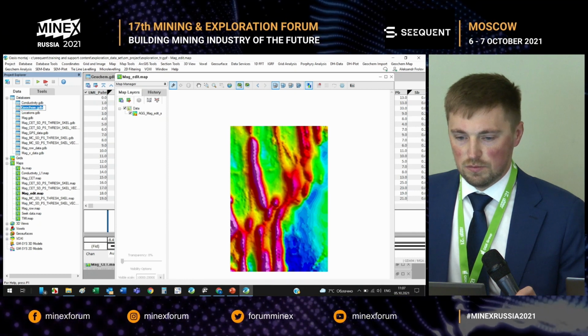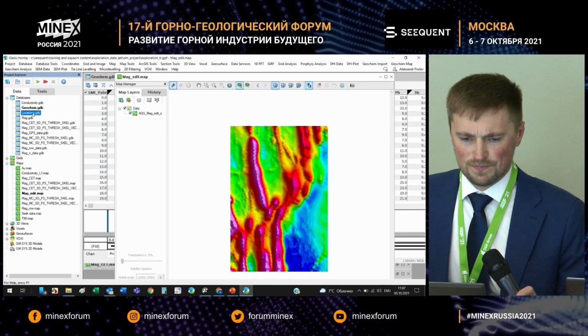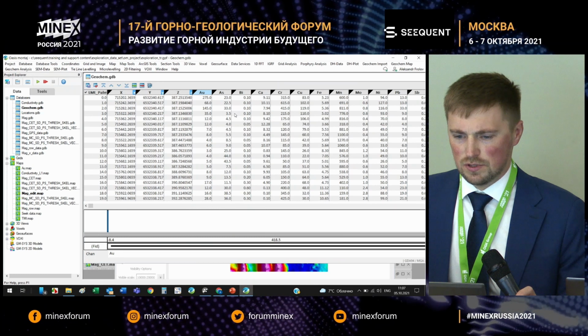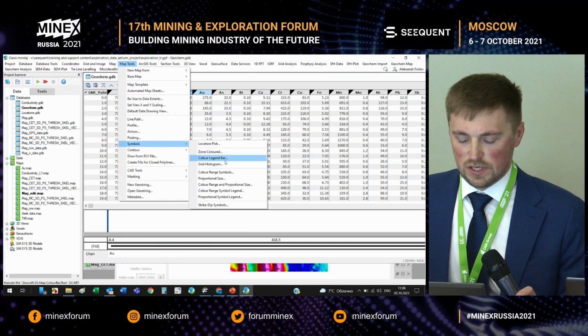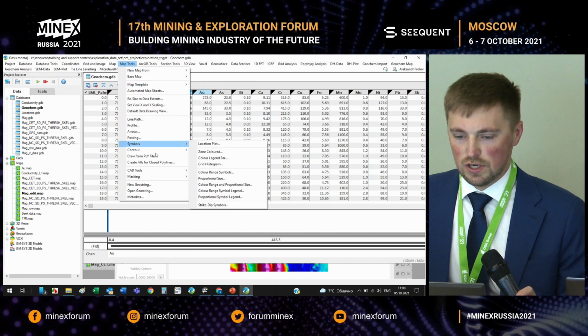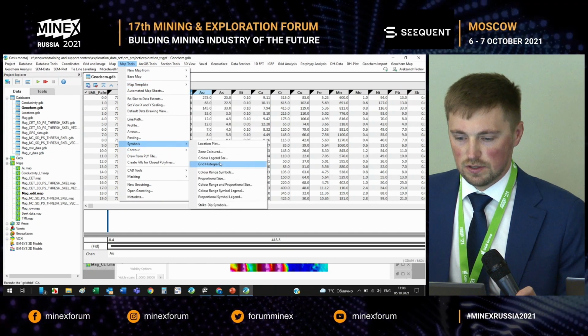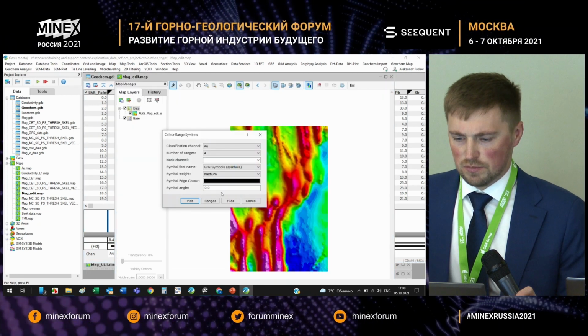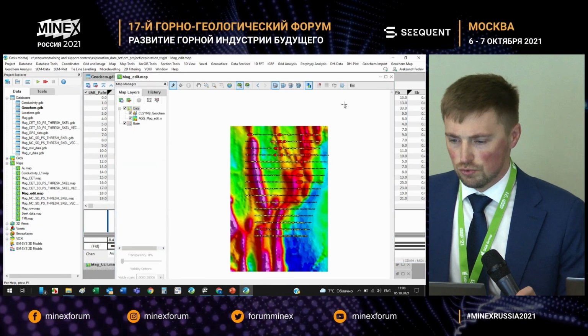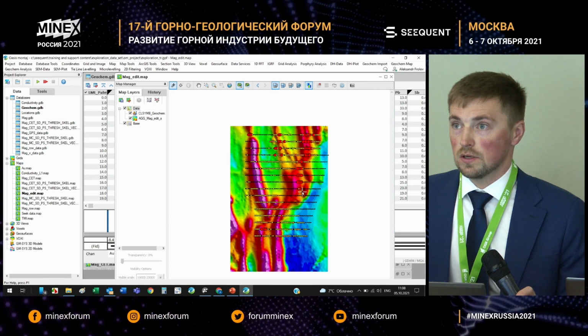So this is a magnetic field, using this database for geophysics and surveying. These are coordinates and the results, just to see these symbols. Again, mapping, putting it on the existing map.